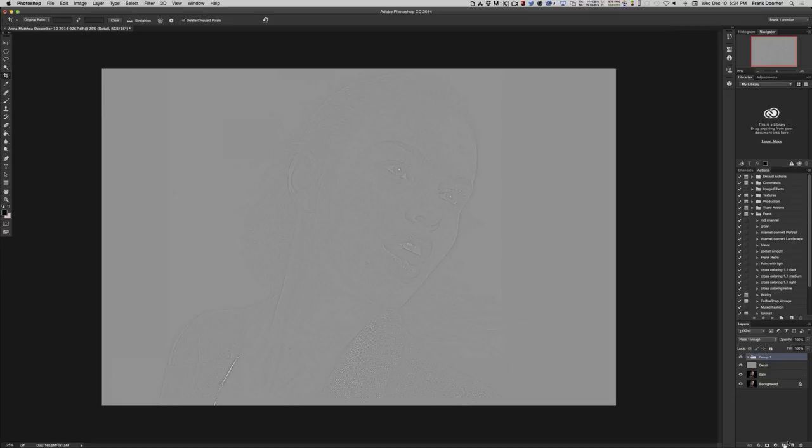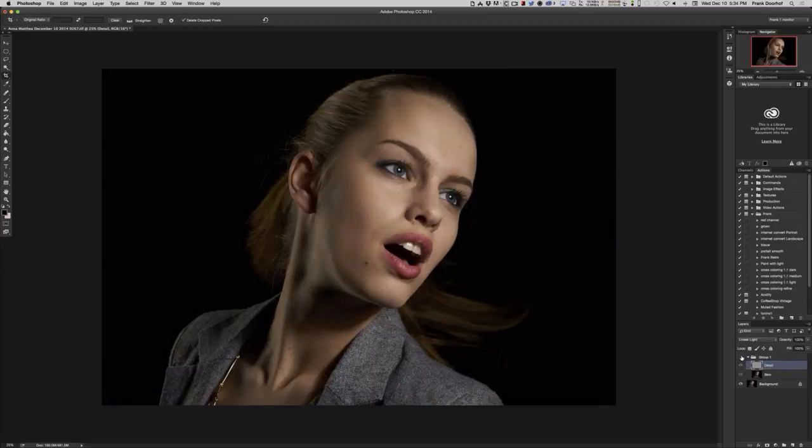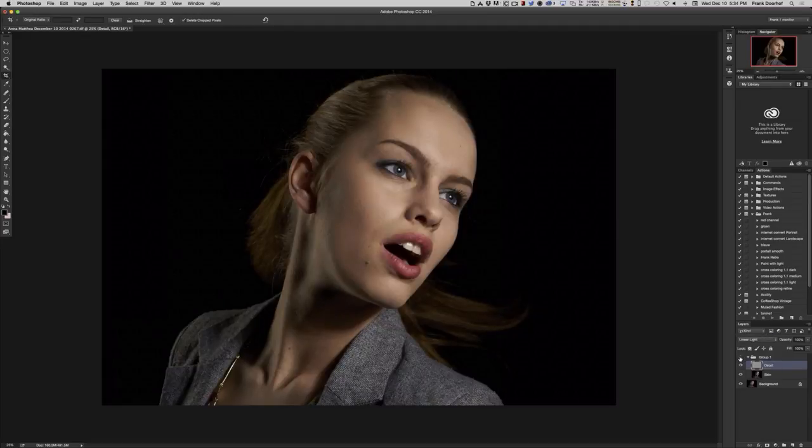Okay. Now create a new folder, and you drag these two in there, because then you can see the real difference that's going on. There we go. Okay. Now this doesn't look right, right? So what you do is you go to your detail, and you actually go to vivid or linear light. Linear light I like a little bit more. And now you see that there's no difference between the original